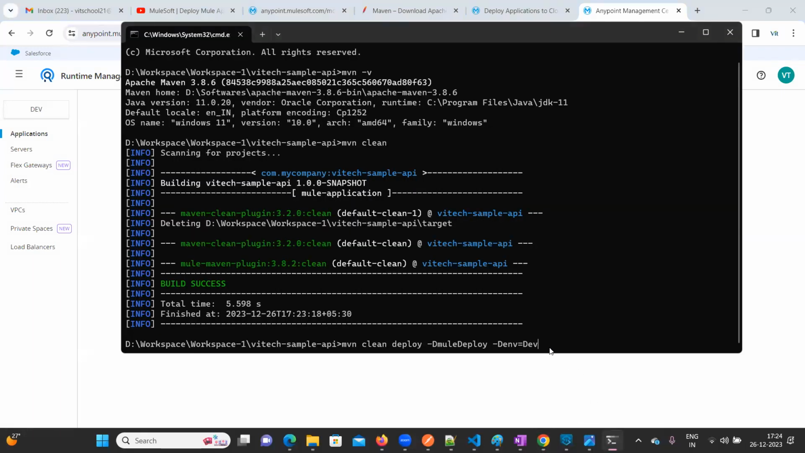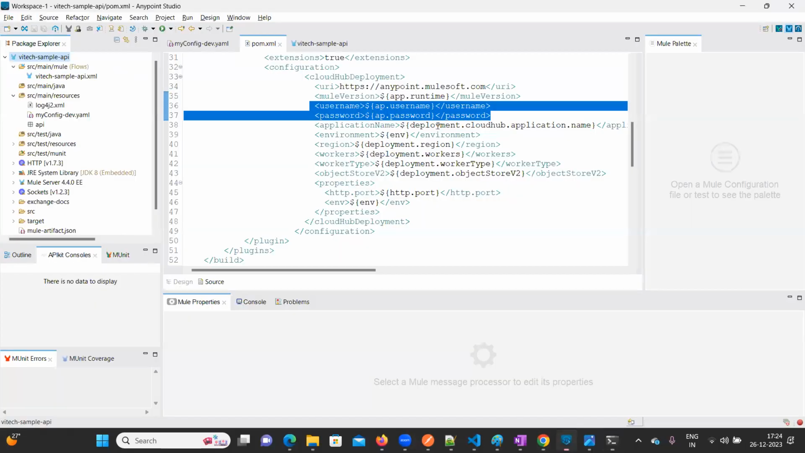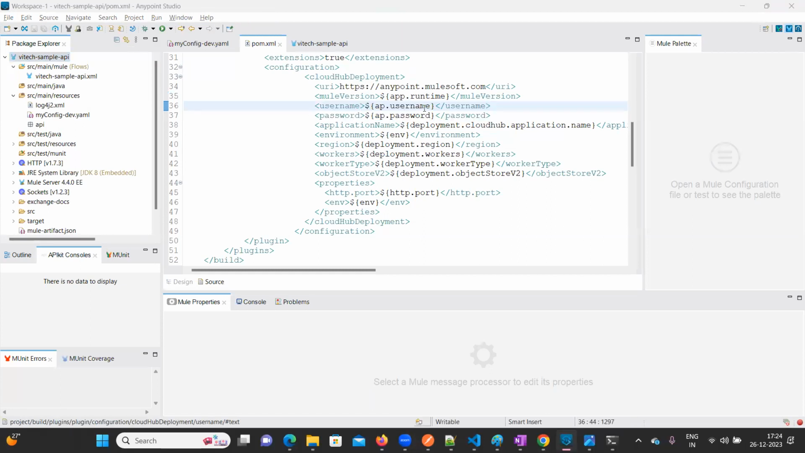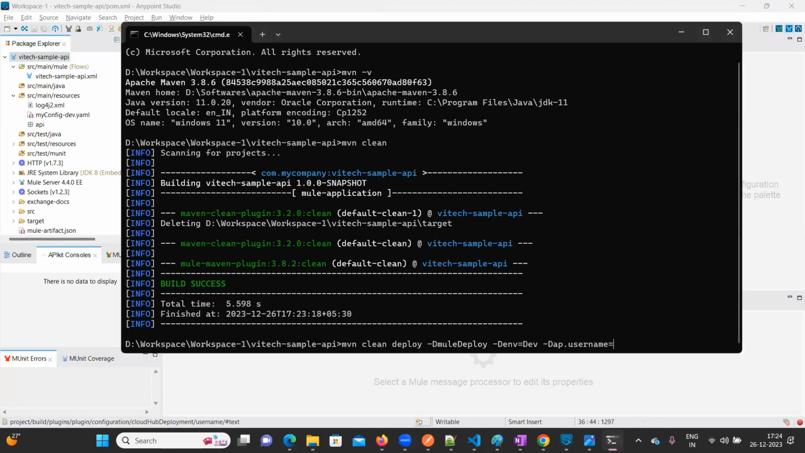Now I need to pass app.username. You can go to your project. See, app.username. AP means any point platform account username I need to pass here. Okay. VIT school _04. Next, give one space, give hyphen capital D